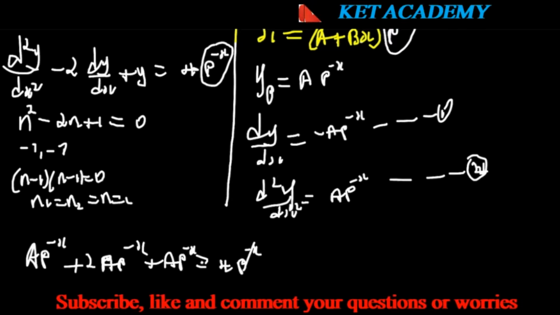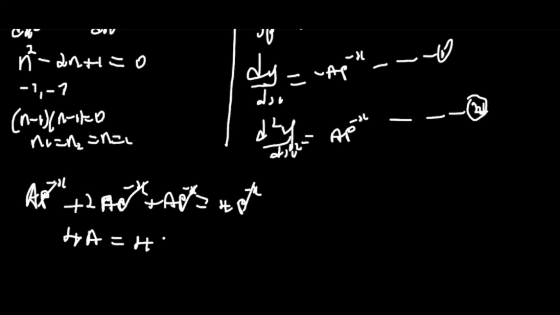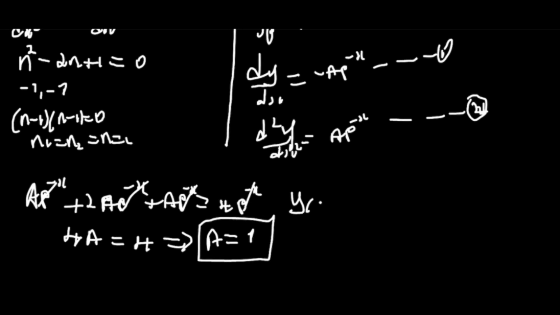We see that e to the minus x is constant throughout, so it's going to cancel, so we'll be left with 4a equals 4. This implies that our a is 1, so we have a value of a. Therefore our y particular will be equal